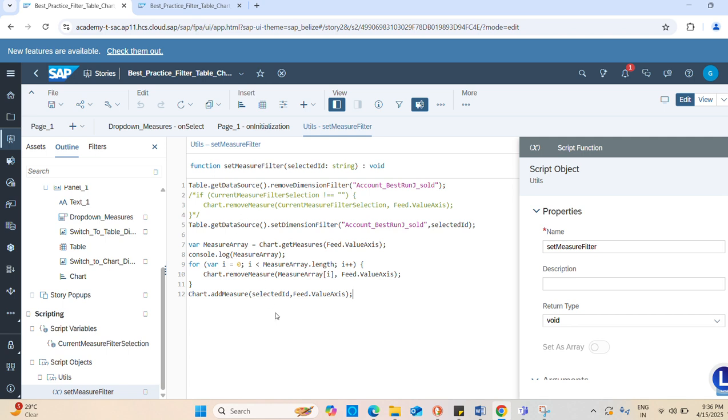Now the table is sorted. What we have left is the chart. We need to now restrict the chart for the measure. For the chart, it was difficult to restrict the particular measure, because the value we are getting in the selected ID has to be restricted here. The chart already had some measure, so we have to clear the measures which are there, and then restrict it as per the value which we have. So we read all the measures which are